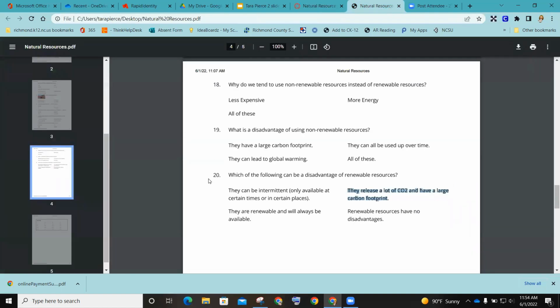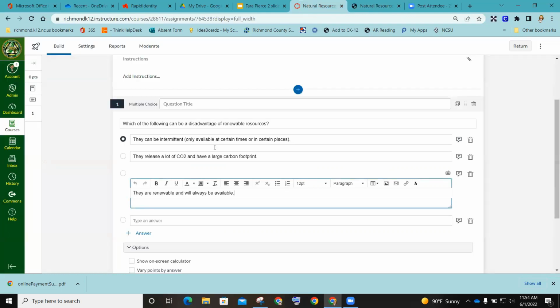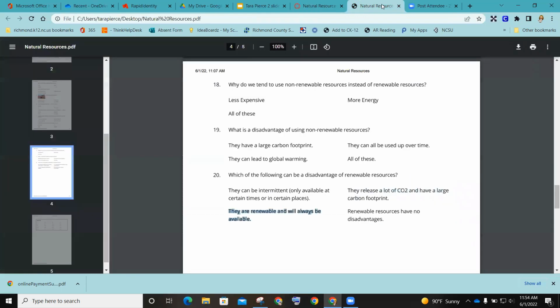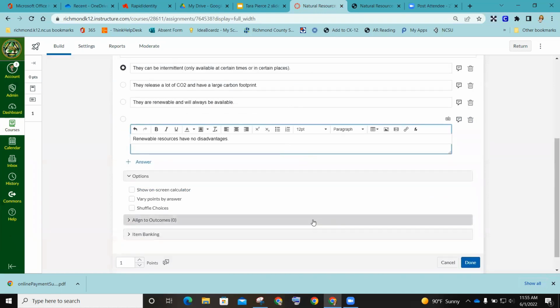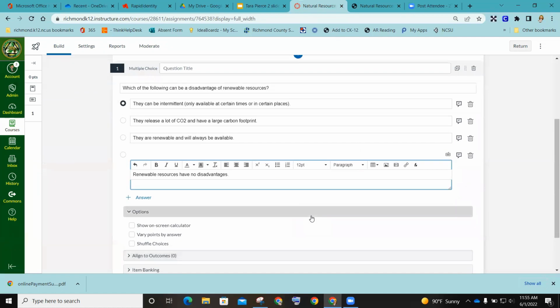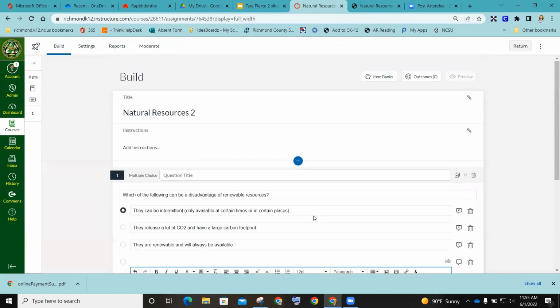And I'm using my hotkeys on my keyboard. And thank goodness for answer keys as well. All right, the answer to this one was A. Well, you know what? I didn't build from the bank. I'm building from the quiz. But